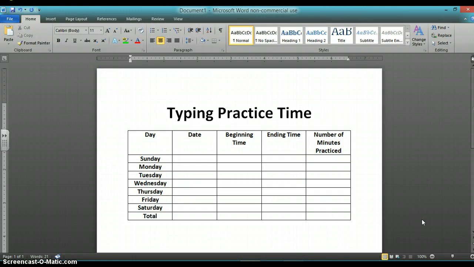I want to keep my reader in mind. I want to make my information simple and easy to read. I also want to make it easy to use. So I can begin by starting with the dates. Sunday was April 12th, April 13th,